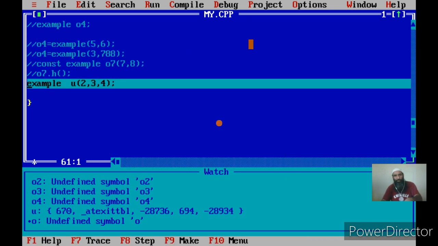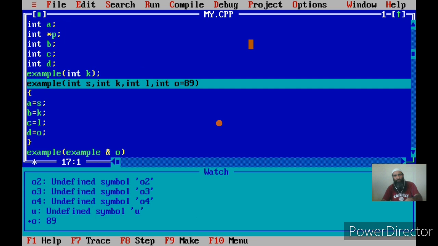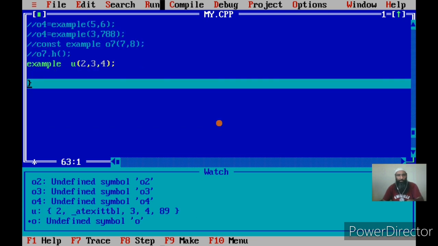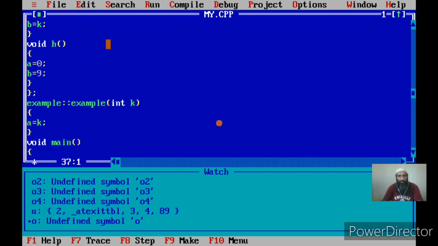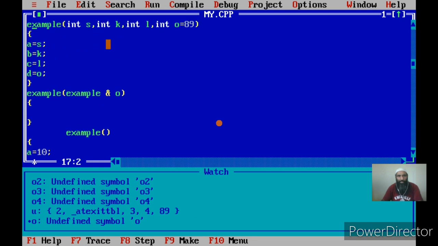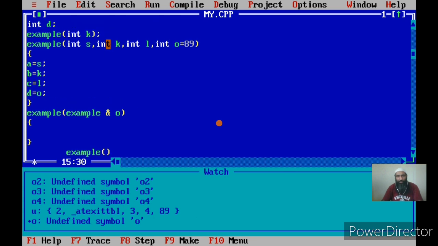Now the call to u is made again. The members have been initialized, but I have only passed 3 arguments. But the constructor has how many arguments? 4 arguments, and I have given a default value to one of the arguments, that is to o. Now this is called a constructor with default argument values.